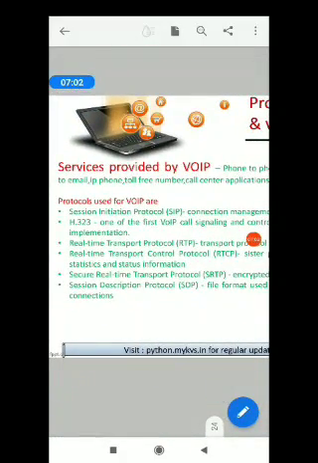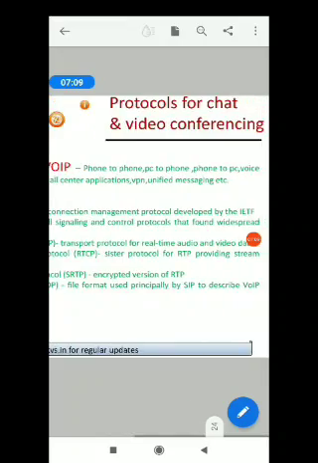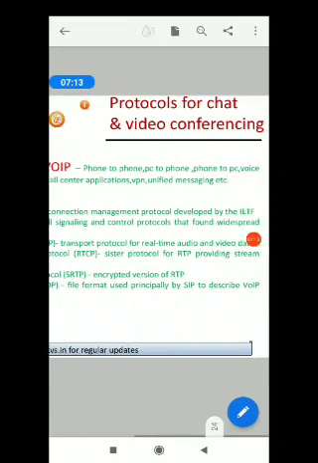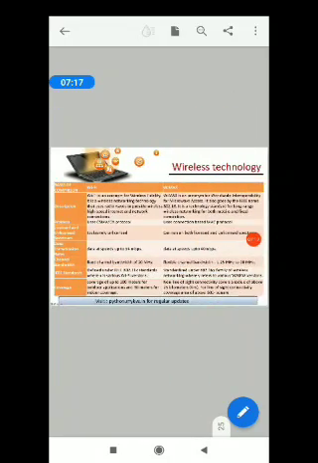SRTP, Secure Real Time Transport Protocol. And SDP, Session Description Protocol. So these are the protocols used for chat and video conferencing.